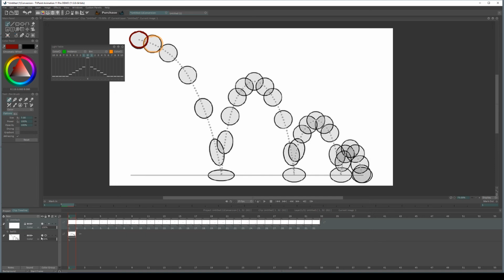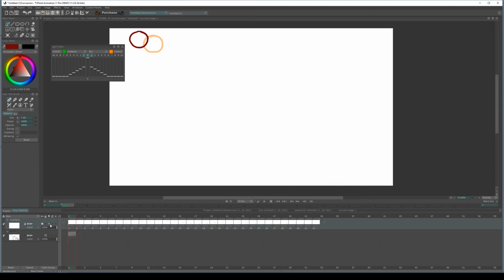So I'm just going to turn off the background now that I've got my outline. I'm also going to turn off the light table, and I'm going to play my movement back at half speed so I can really see if I'm happy with how that looks. Yeah, it's not too bad. Some of my lines don't meet up, but that's not a problem. So put it back up to 25, put it back at the beginning, and now we're going to go through